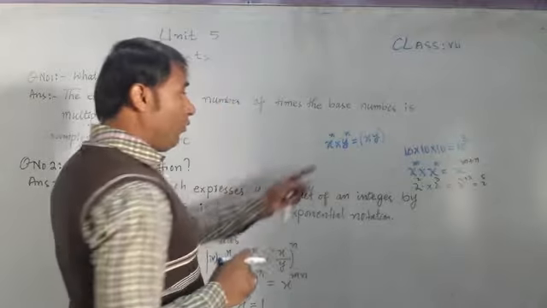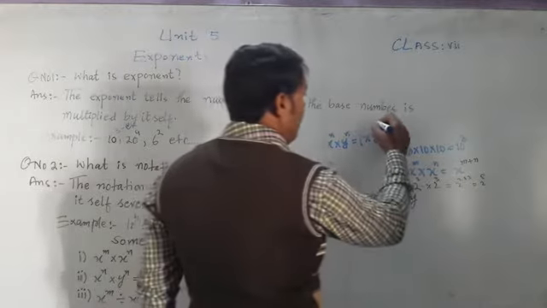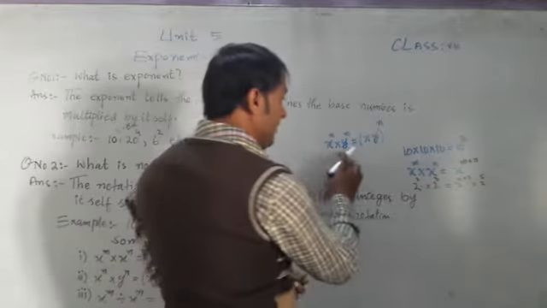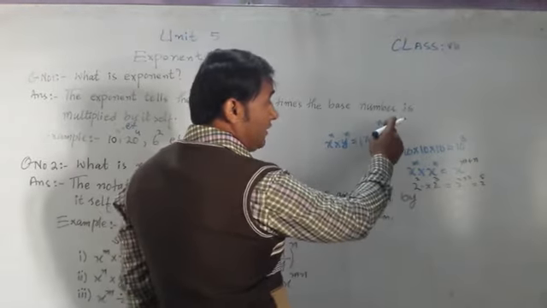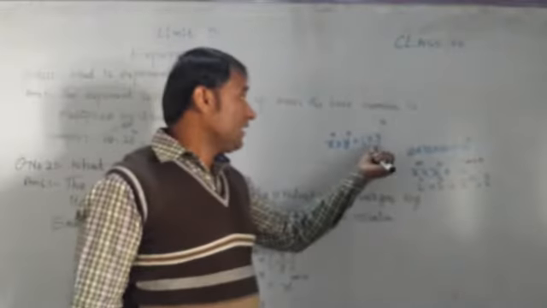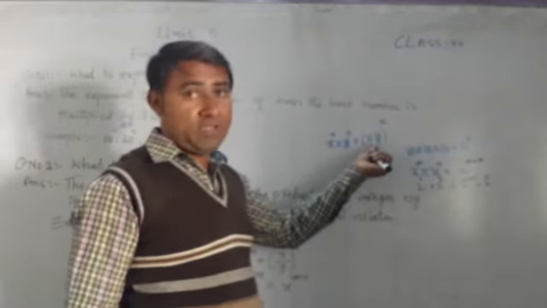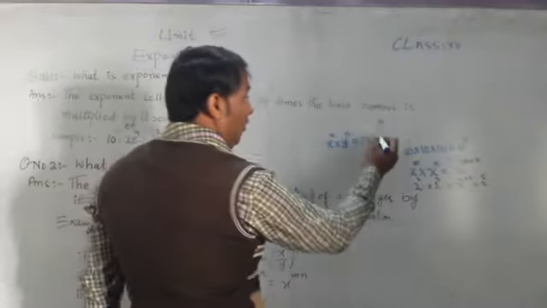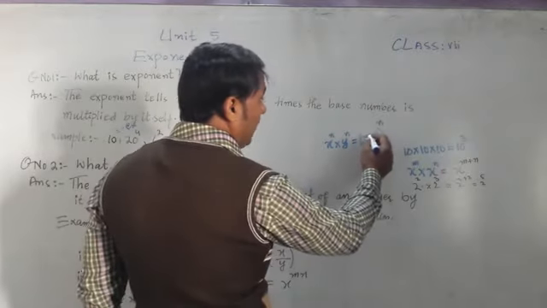Power on both is the same, so write power n here. How do we know? When we write in this condition, we know that it is the whole power. We are getting that it is the whole power, meaning n is above x and n is above y also. So it is clear now.